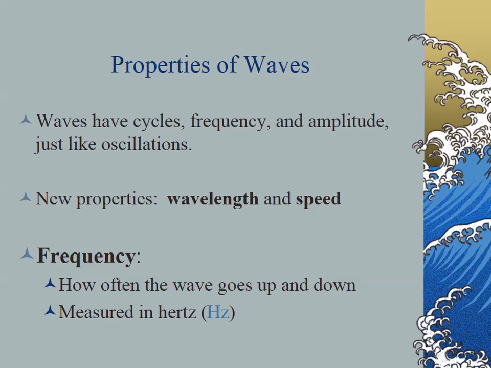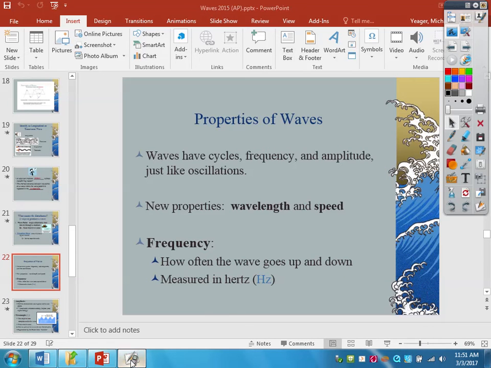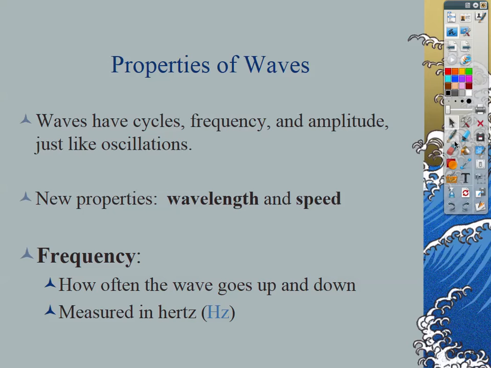So we already know about frequency. It's how often the oscillations are occurring over time, per second. Sorry, I just want to write in one thing here. The frequency symbol in all formulas is a lowercase f. That's what you'll see on the formula sheet. Nothing new there. We've talked about that in simple harmonic motion. It is the inverse of the period. Please don't forget that. Sometimes they give you the period, which then they immediately want you to change to frequency before you use the wave equation we're about to learn.